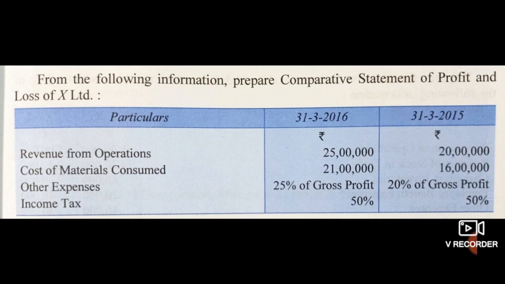After constructing the statement and writing the figures in the first and second columns, you can calculate increase or decrease, and after calculating increase and decrease, that is absolute change, you can calculate percentage change, that is percentage increase or decrease. And the formula is C divided by A into 100, meaning amount from the third column divided by amount from the first column into 100. In this way you can calculate the percentage of change. Okay. So you have to solve this problem on your own, and if there is any doubt you can ask.